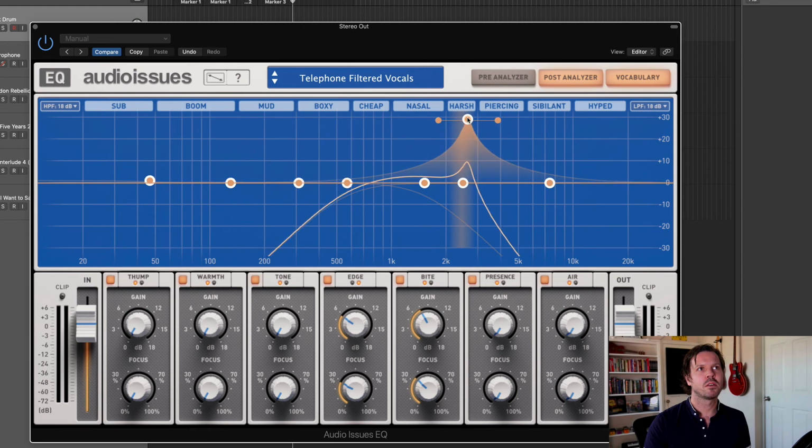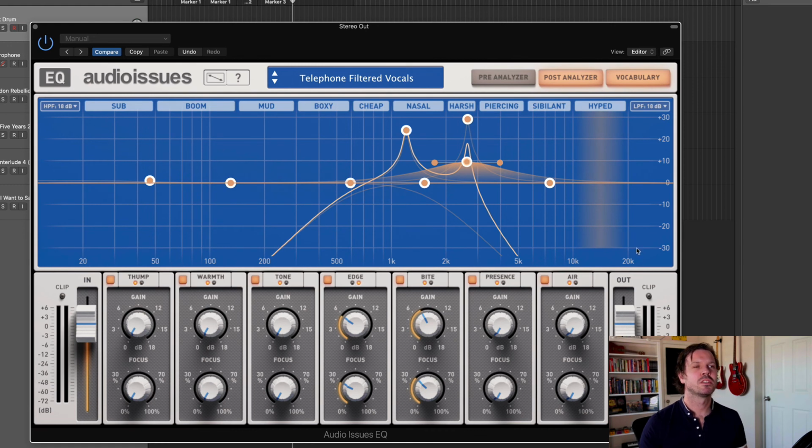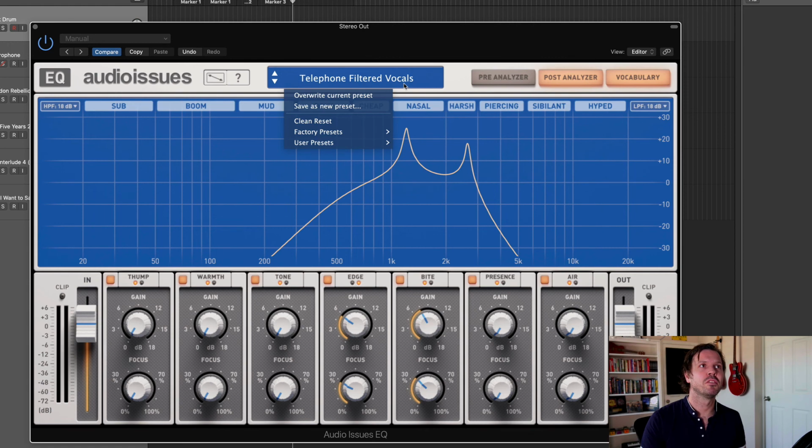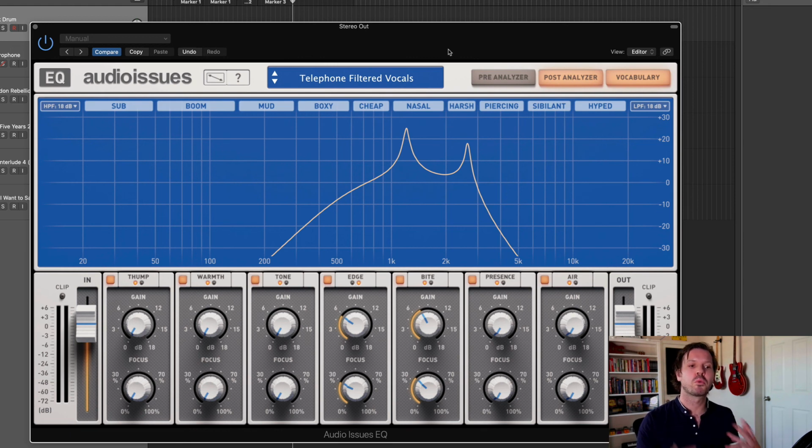Let's see, yeah, there. And then this is 1.2K. Oh, this is a filter. 1.2K here. So it's gonna have these sort of Batman curves. That's gonna end up making it sound sort of like a megaphone effect, a telephone filter, like a very heavily filtered vocal. So those are a few vocal presets, vocal starting points that you can go to